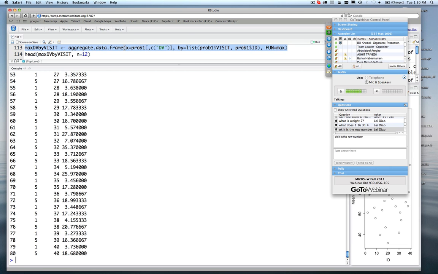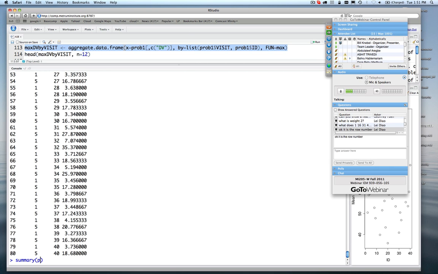In the case of R, a logical vector contains trues and falses. You can generate a logical vector on the fly by simply creating a vector and creating it as a logical, containing trues or falses. Or oftentimes we do it by testing. What I mean by that is we will test a given variable for whether or not something is true or false. So for example, let's do a summary